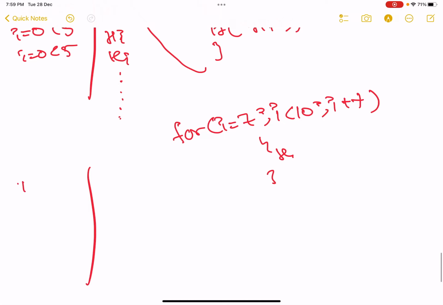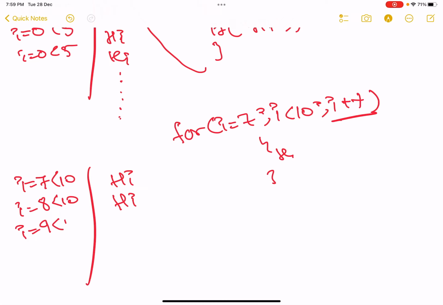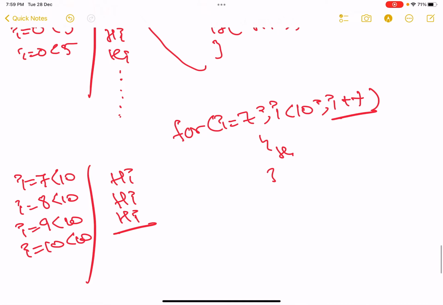Initially i is equal to 7, which is less than 10, true, we got 1 hi. Next time we increment the value of i automatically, i becomes 8, still less than 10, we get a second hi. Next i gets incremented to 9, still less than 10, we get hi. But next time i is 10, which is not less than 10, that's why we got 3 highs.